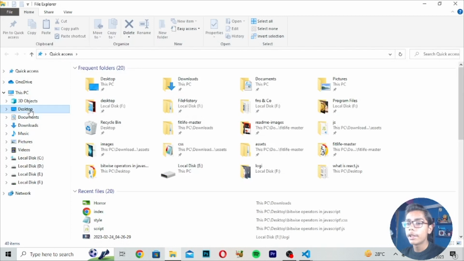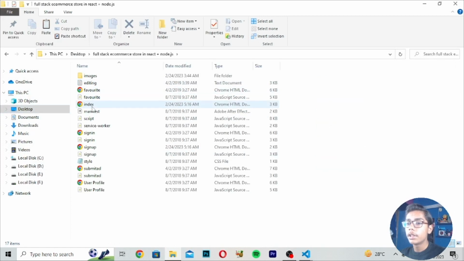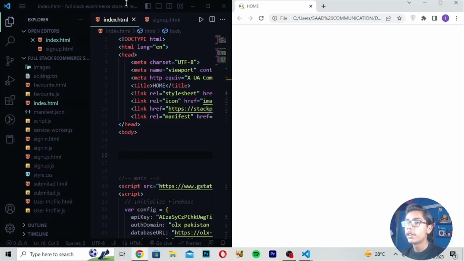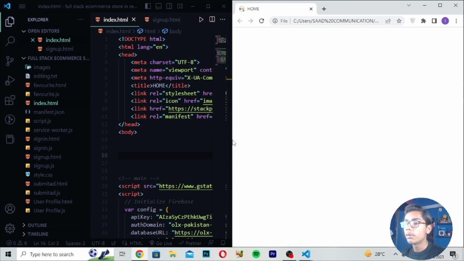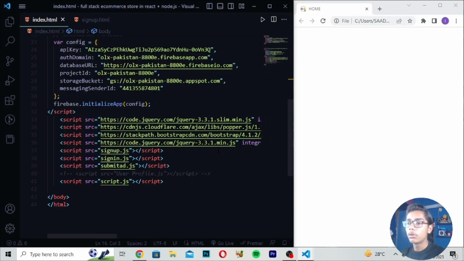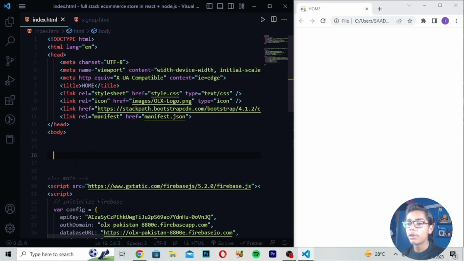So I will be opening my default Google Chrome browser, which is available here. After opening, you can see it is totally empty, nothing in it. I will be doing it side by side, because we are building this amazing e-commerce site. I'll be pressing Ctrl B to close the side panel. These are things we do not require.